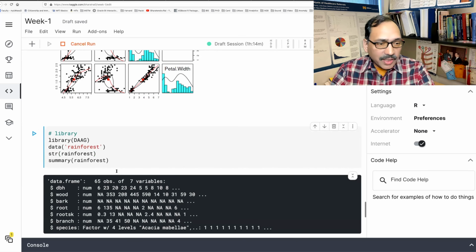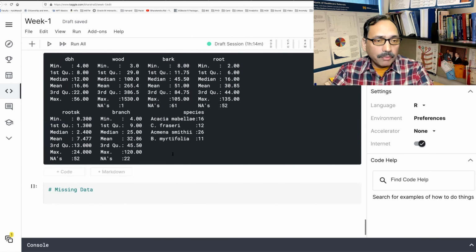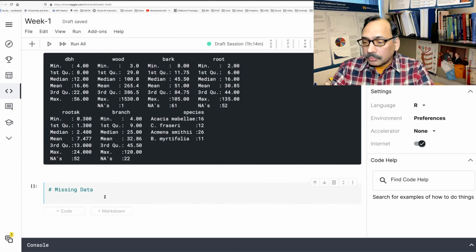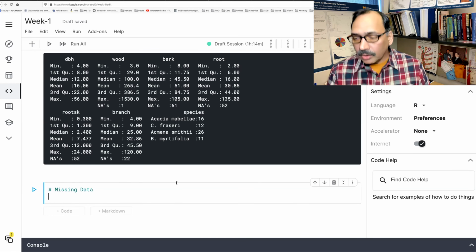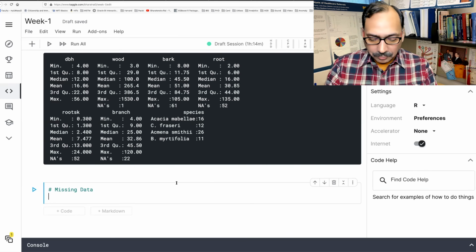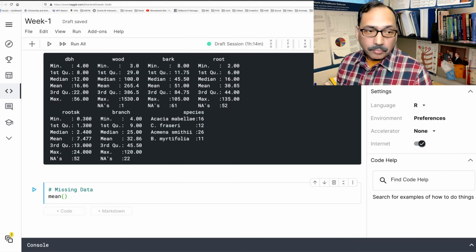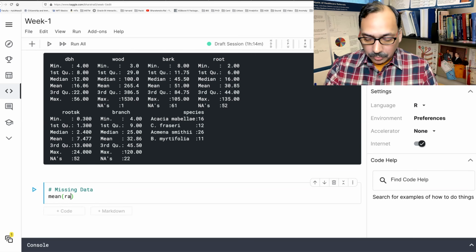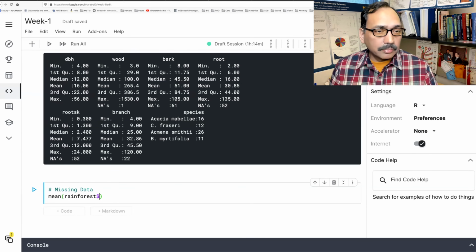Let me also run this so that it is in front of us, what variables we have. So this is rainforest data, and let's do a simple calculation. We want to calculate mean of rainforest, so we have to have correct spelling, dollar sign.